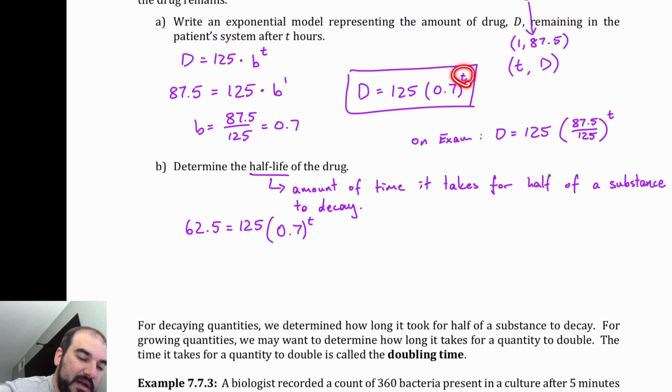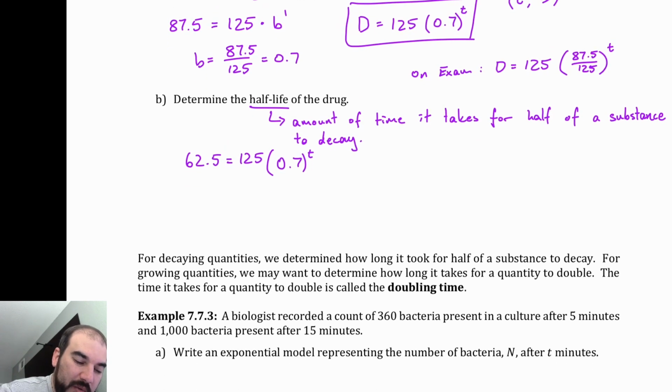That is how this drug behaves. We plug in an amount of time, and we find out how much of the drug is left in the system. So if I want to know how much time it takes for half of the drug to remain, we want half of the drug remaining as our D. And the reason why you don't really have to know what 62.5 is, or what half of 125 is, we're going to divide by 125 to begin, and always end up with